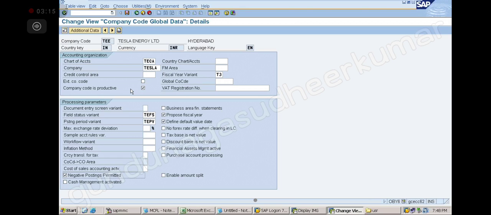That means if anybody wants to delete the chart of accounts or a fiscal year variant, then he cannot do that. Anything related to the company. Here, more specifically, transaction data. We are talking about the master data and the transaction data, right?